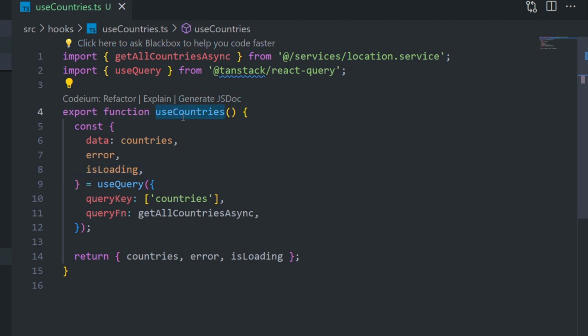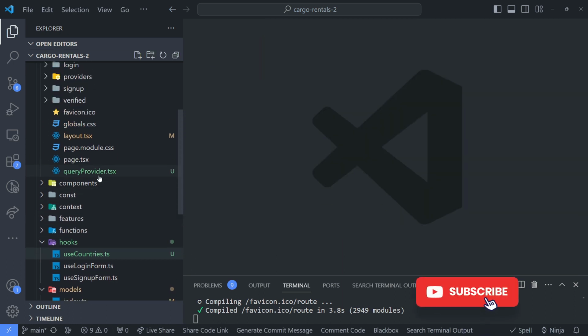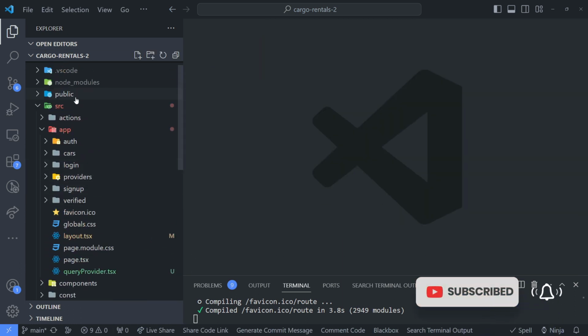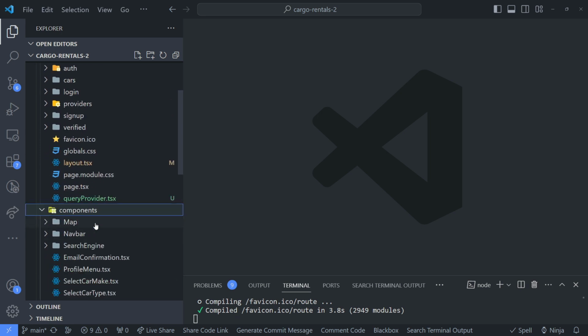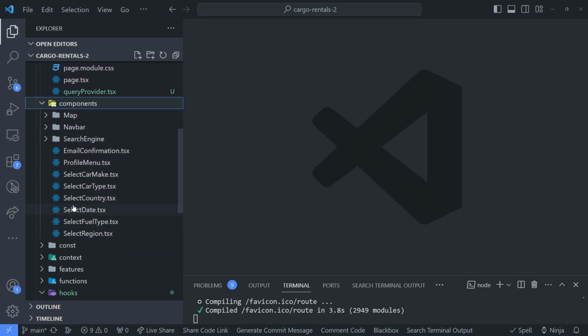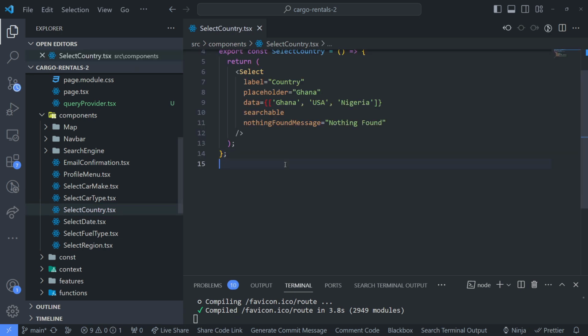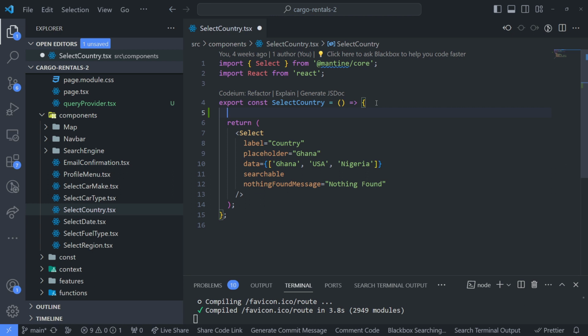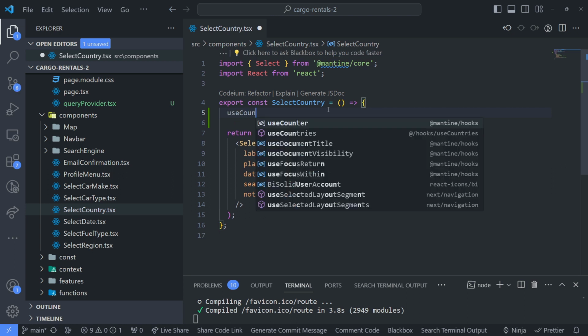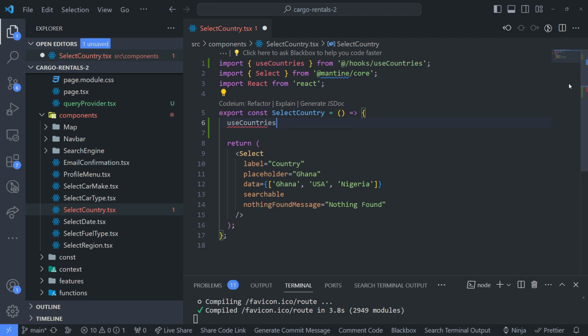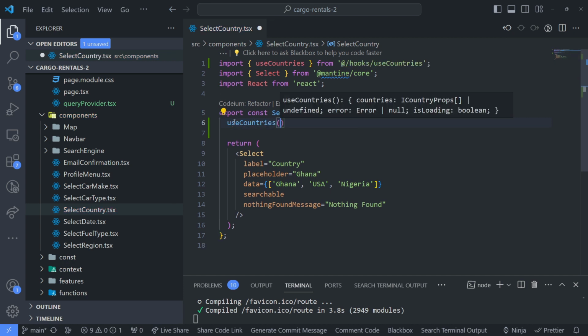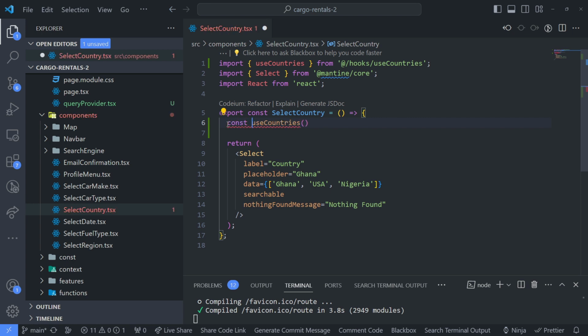So where are we going to use this useCountries hook? First of all, we are going to use it here, in components where we have SelectCountry. This SelectCountry is a reusable component being used in different places. So here we are going to use the hook. We're going to say useCountries, which is coming from hooks, and we are going to destructure the values we get. So constant, now we get the countries,